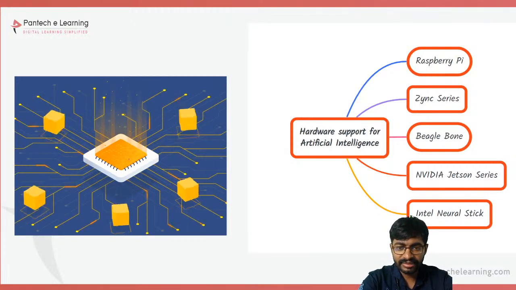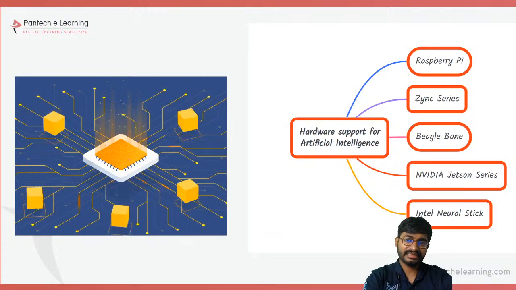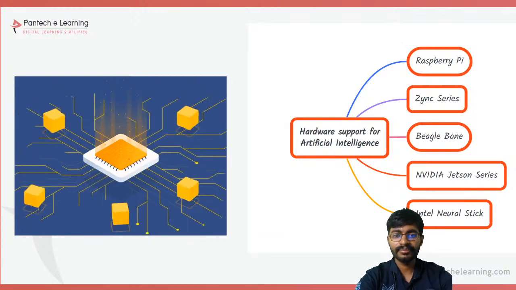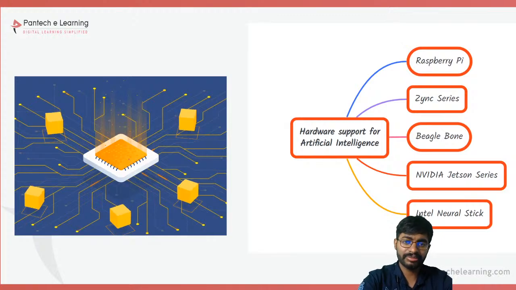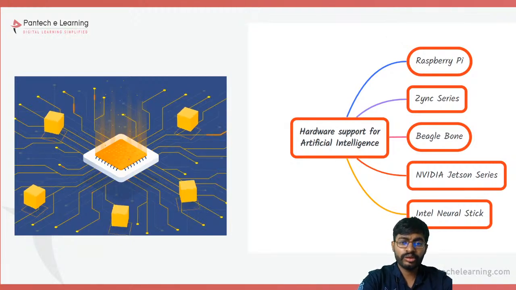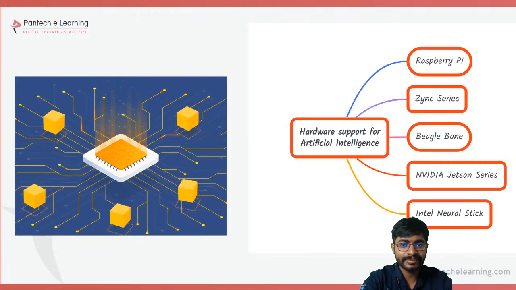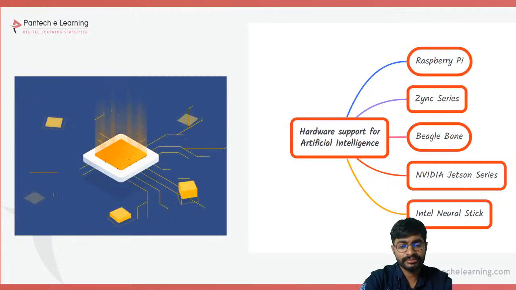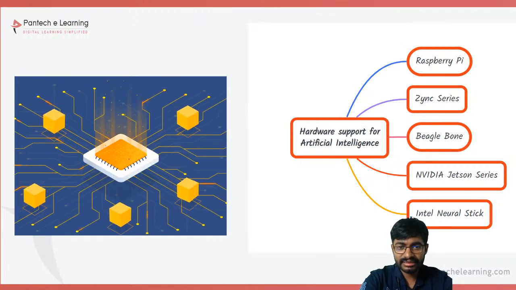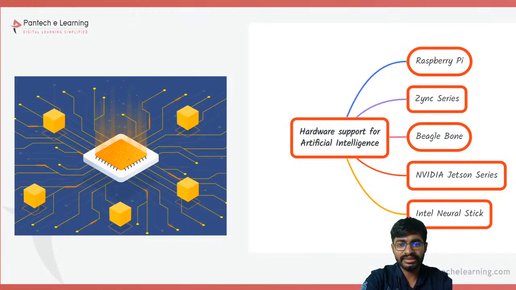The same for BeagleBone, but compared to BeagleBone, the Zynq series is much bigger, because Zynq is nothing but a processor designed for artificial intelligence along with the execution parts. If you want to go for some prototypes, the board itself is around 20,000. Whereas if you go for the NVIDIA Jetson Xavier series, the prototype board is 50,000. Then the Neural Stick is also above 15k. For that we require some kind of supporting device with Raspberry Pi.